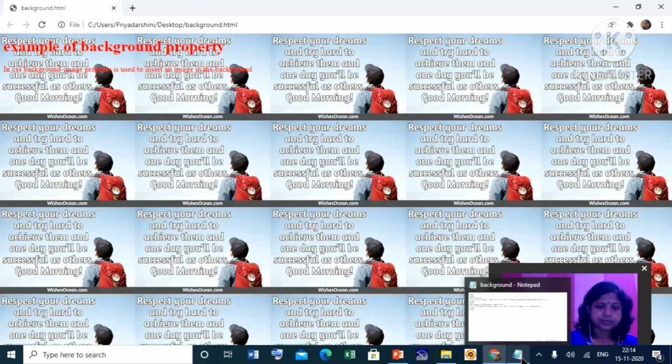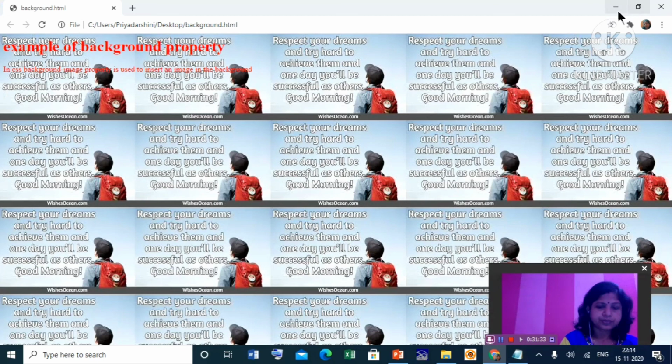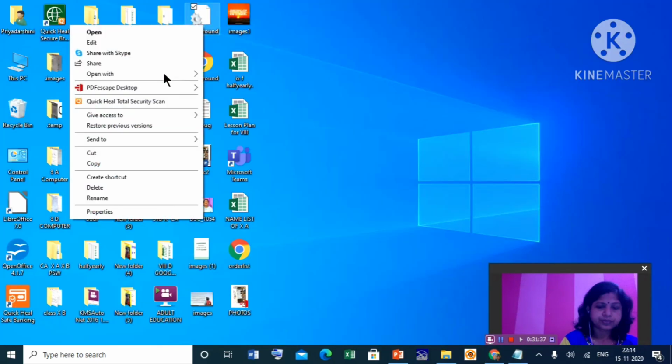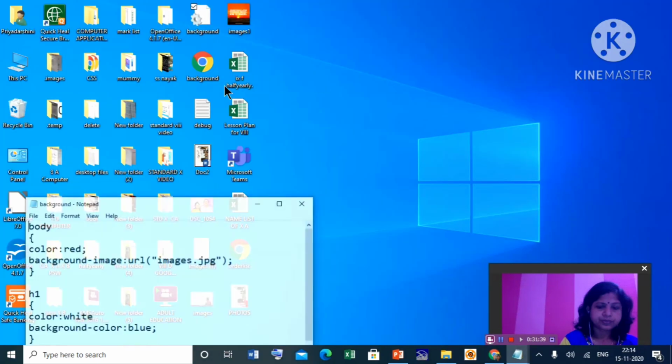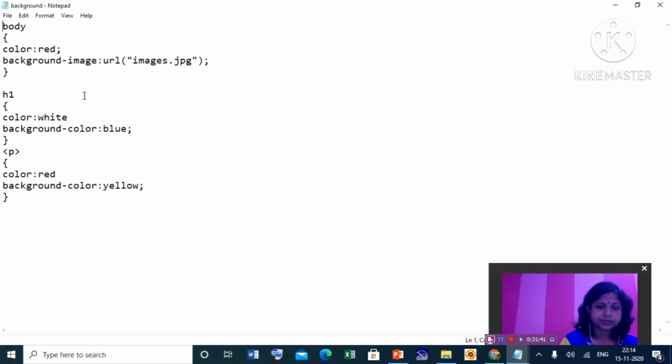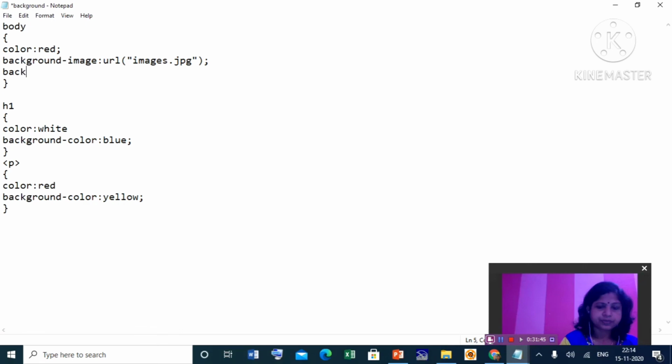Now let us see how we'll use the repeat property. For that, let us open our style sheet first, and in the style sheet we'll make some changes. Here we'll go for background-repeat: repeat-y, which means it will repeat the images vertically.